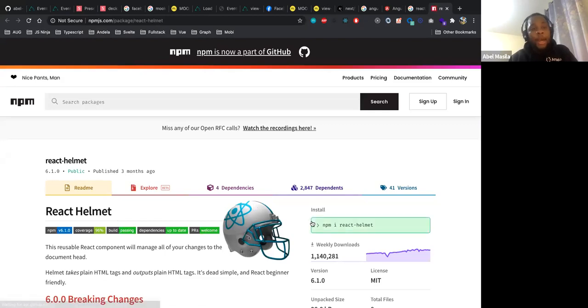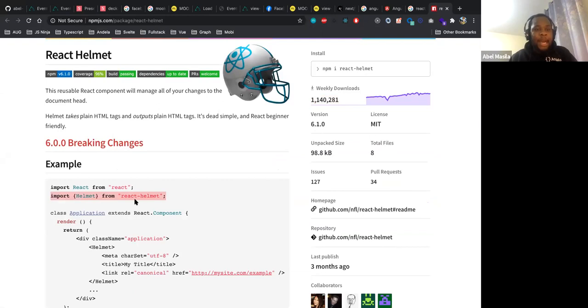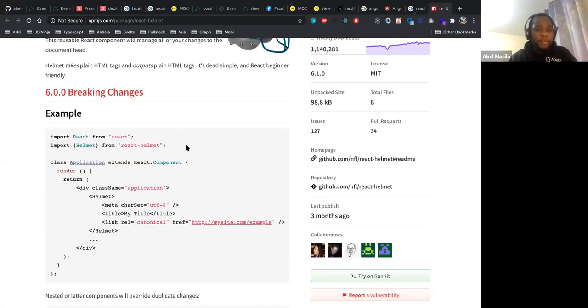As you can see, React Helmet has got 1 million downloads weekly. So you need to download this thing and check it out. You just import React Helmet, and in your applications, React Helmet is a component. It's not the default export from the package, so you need to extract it from the components. Then you need to pass on your meta info. This meta info is only available to Google for indexing and not any other place. So if you want to do SEO for your SPA, check out React Helmet.